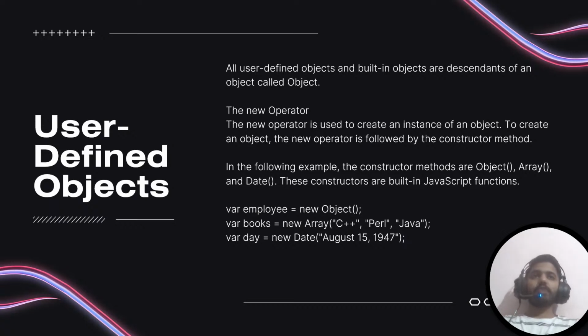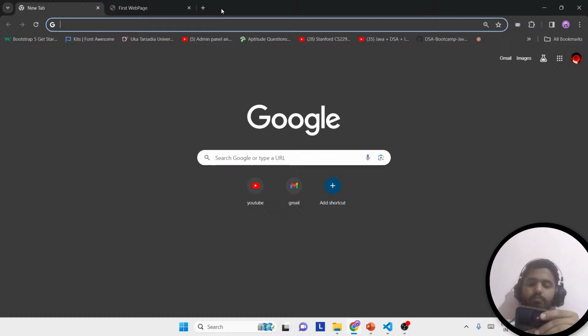How can you do that? You can say car has multiple properties. So car dot, let's say, company name. You can say another property like color, what is the model of it, what is the price of it, correct? So car can be your object, and these are all your properties. And what can be the functions? What are the functions that a car can perform? It can drive, it can go front, it can go reverse, correct? So these are your functions that can be attached to an object. Like that, user defined objects, the user can create some objects in JavaScript. So all user defined objects and built-in objects are